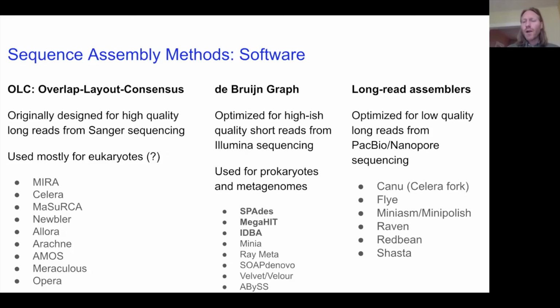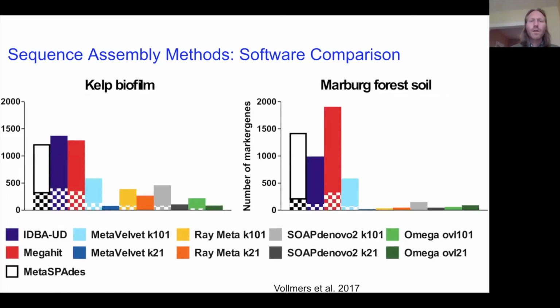I don't know the error profiles for PacBio, but these software packages on the right are optimized for these error profiles and for using long reads in your assemblies. And we'll talk a little bit more later about how that works. But if you're doing nanopore, you'll want to use those. So here's a paper that did a comparison of some of these